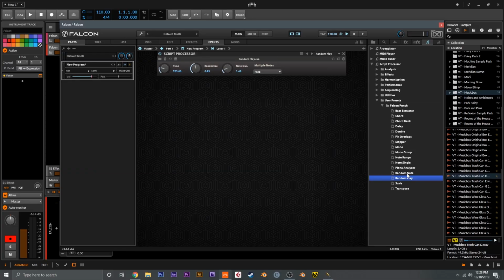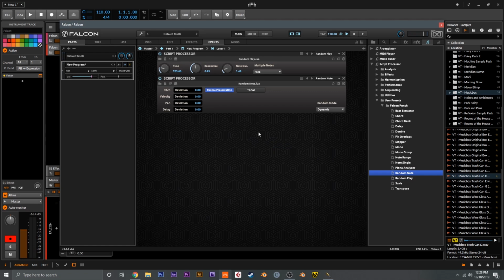So next up, what we're going to grab is random note, and this is going to just play a random note. So what we're going to want to click is tonal, and this is going to lock things to be a tonal pitch rather than microtonal, which we don't want. So now we're going to go to deviation, and we're going to hit 12 or 24. That'll do 2 octaves. Velocity, I just like to turn this up to 50 to 80, somewhere in there, just depending on what I'm feeling. Pan and delay don't really seem to do much of anything, so I'm just going to leave that off. So right now, if I hold down another note,